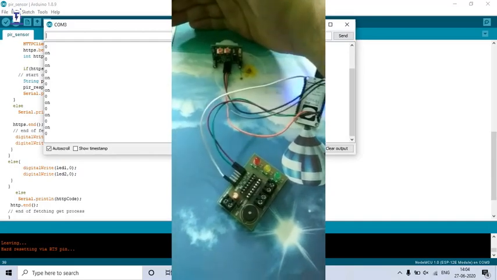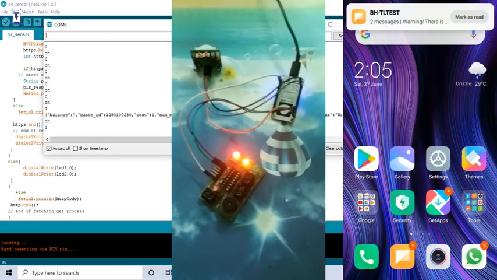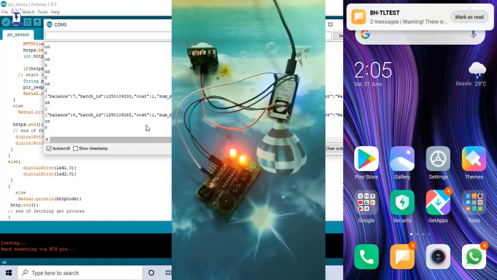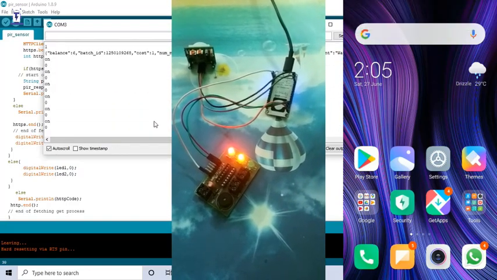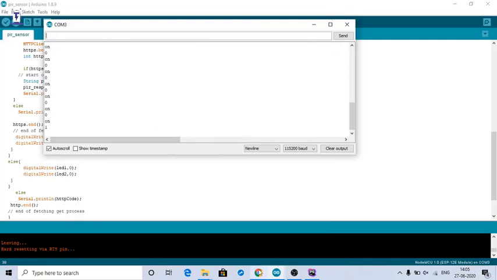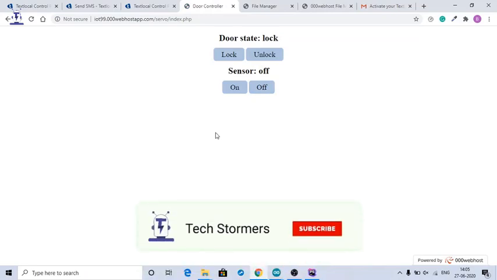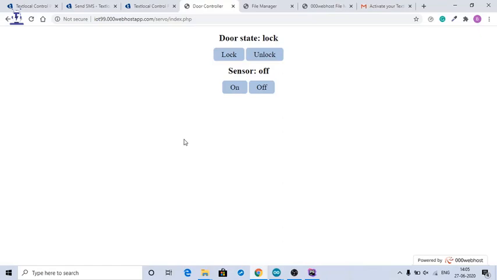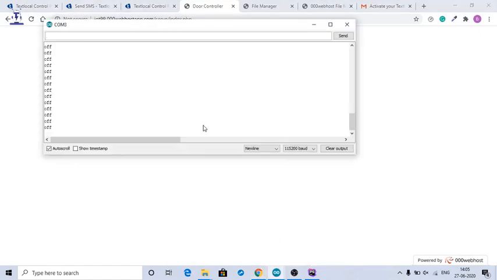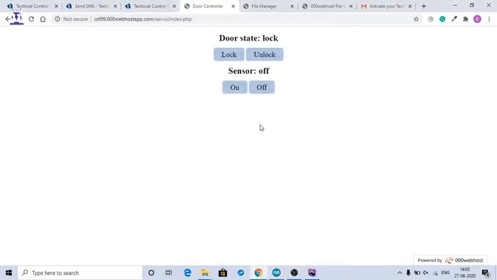I am triggering my PIR sensor. Okay, you can see one here and see, an SMS has been sent to the mobile phone. Turning off the sensor, otherwise it will go on sending the SMS and all my SMS will be over. Turned off the sensor now and I have received the SMS in my mobile phone. So this is how you trigger the PIR sensor and use the API to send a free SMS on mobile phone. Now make sure you're getting only 10 free SMS. Definitely you can buy the SMS anytime.